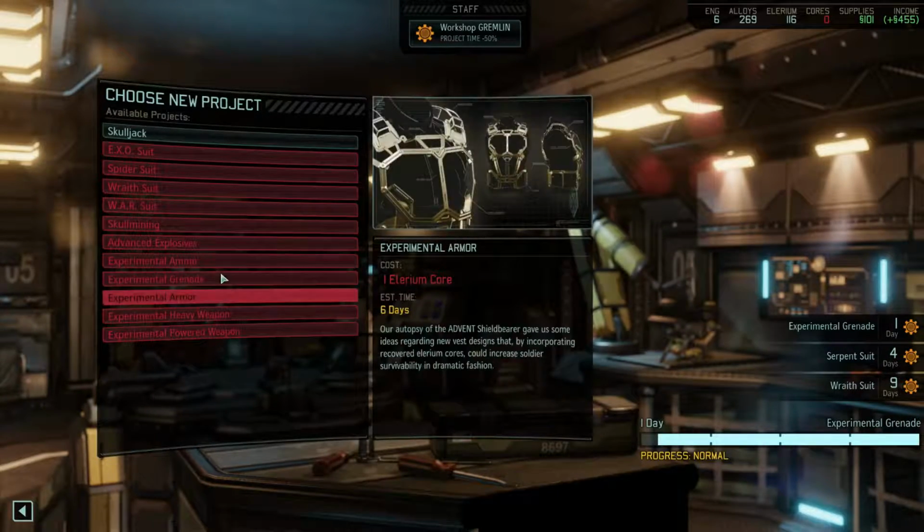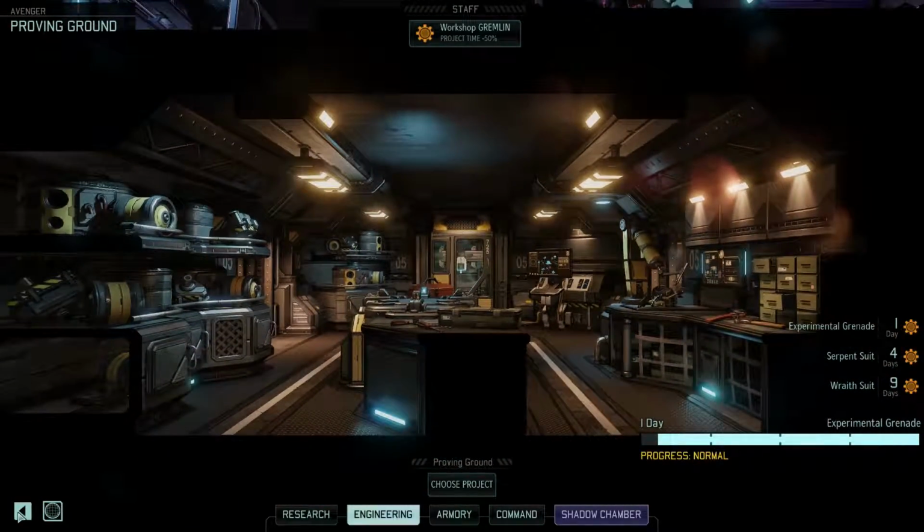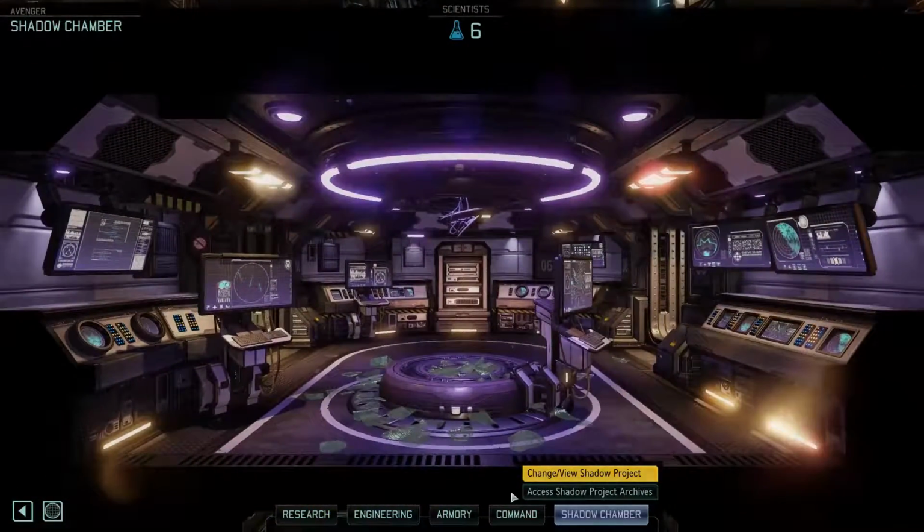What's our major restriction on that? An Elerium core, okay. And can the Shadow Chamber do anything? Yeah, we can...